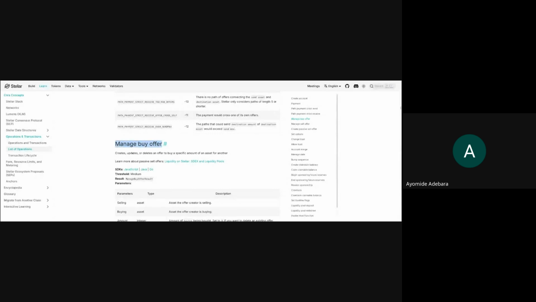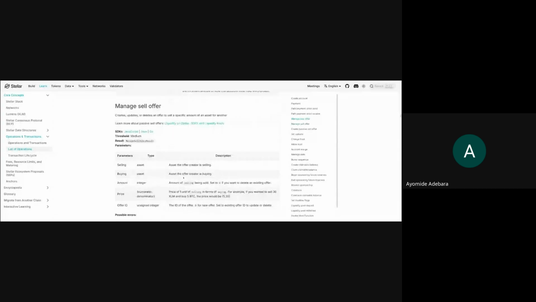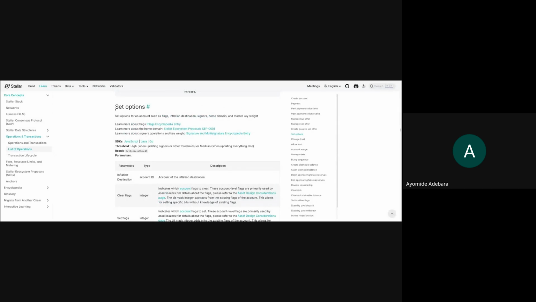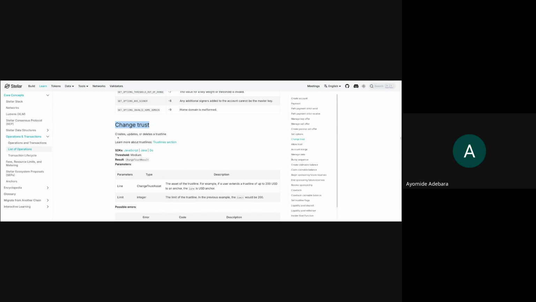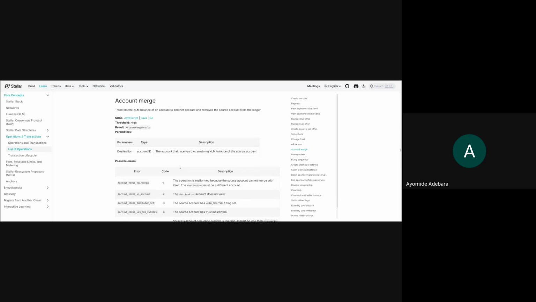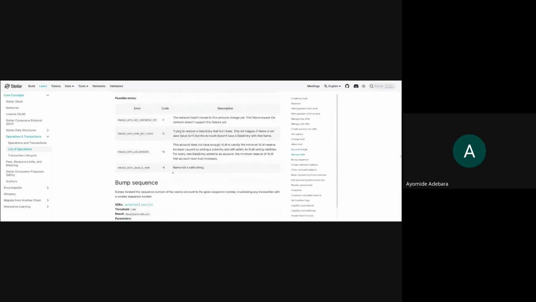The list goes on. We have manage buy offer operation. We have manage sell offer operation. Create passive sell offer operation, set options operation, change trust operation. What does it do? It creates, updates, or deletes a trust line. We have allow trust. All of these are different operations on the Stellar network.